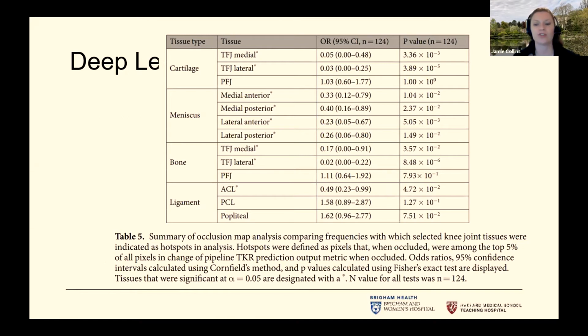And so I'm showing this to emphasize that there are ways to try to link this deep learning-based prediction to specific tissues and specific biomarkers. And so I think these methods can be used as a way to improve prediction, but also perhaps in biomarker discovery with imaging data. So are there, again, areas on that occlusion map that are pinging as being important? And where are they? What are they measuring? And is it something that we should think about trying to quantify?